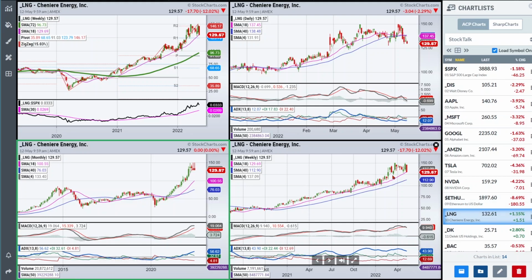Now we're looking at an energy stock that actually has made a really nice move to the upside. It does look like it's getting a little tired after the long run. Look at how long this has been respecting this 18-week. We pulled back and held, pulled back and held. Now we're testing it again. If we break the 18-week, then you're looking for something a little bit longer that allows this stock to come back to the 18-month, right?